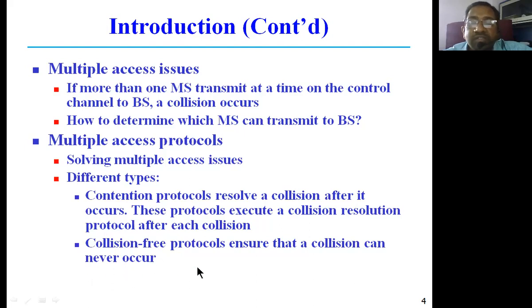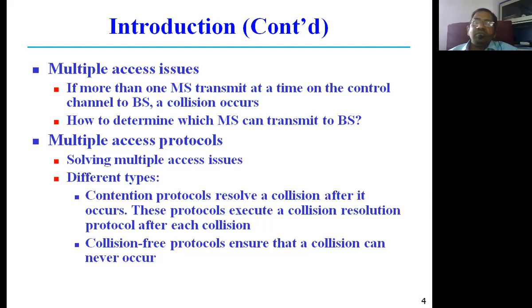Before a collision takes place, we are predetermining the possibility of collisions in the medium, thereby simply avoiding the collision. So here there is some handshaking in the collision free protocols environment. Handshaking signals are going to be more. Why? Because so much communication should take place between one node and the other node in the communication network. Whereas in the case of contention protocols, those communication signals are not needed much,